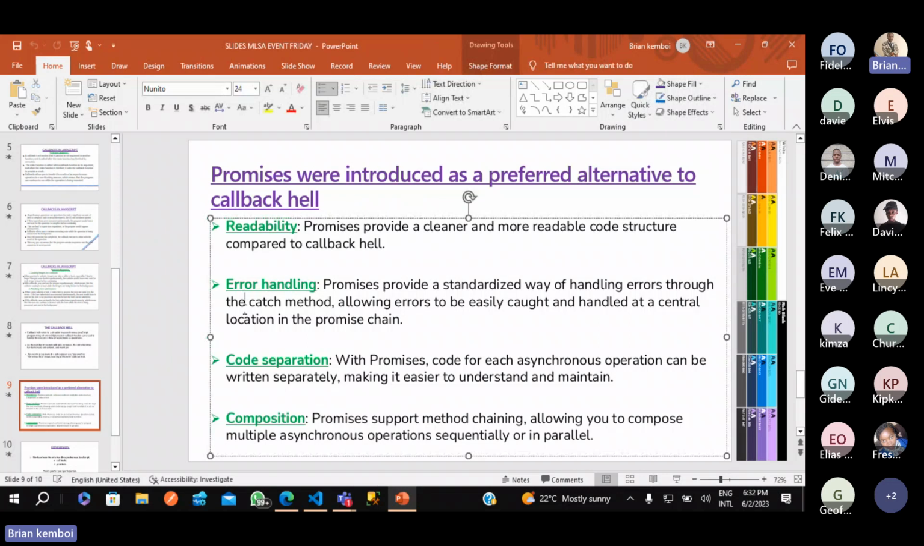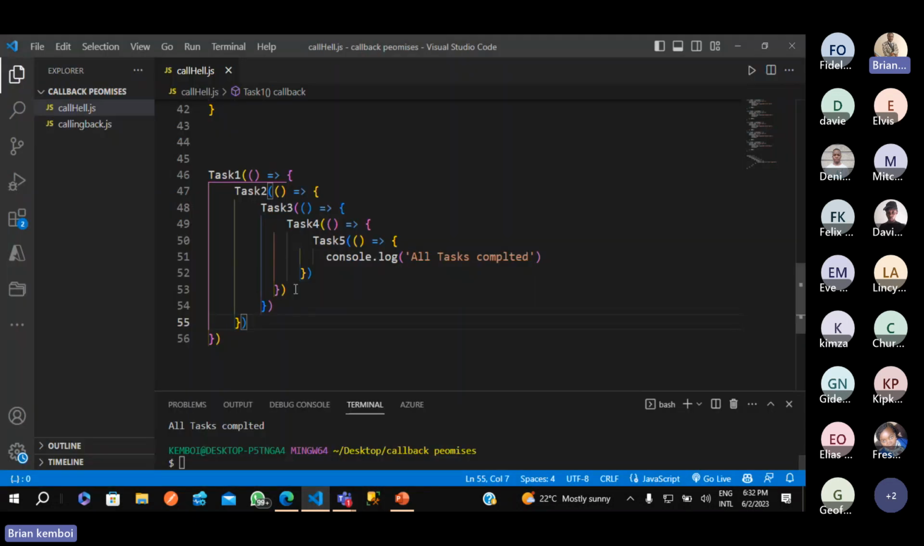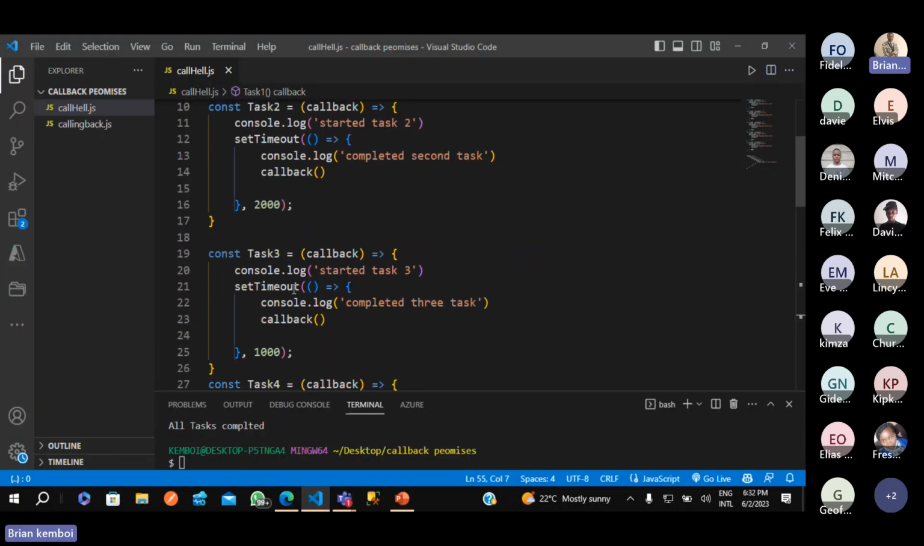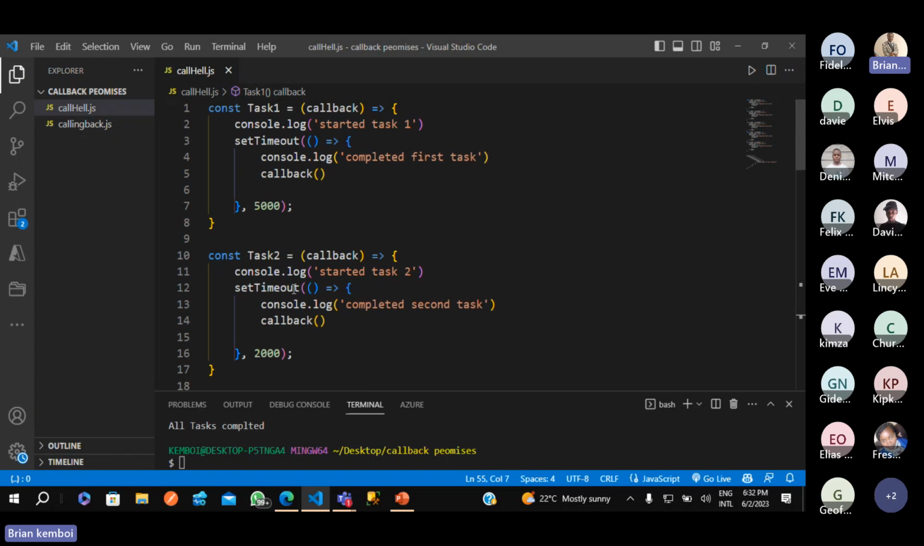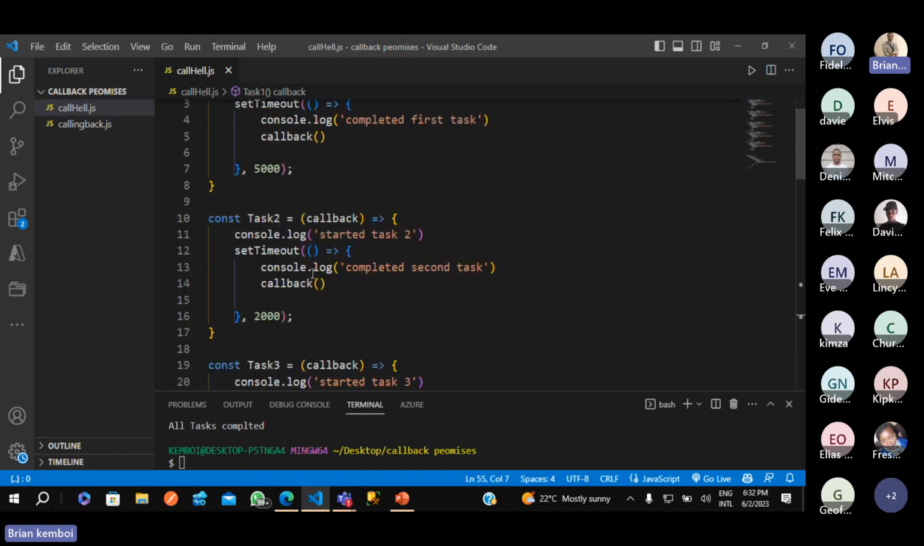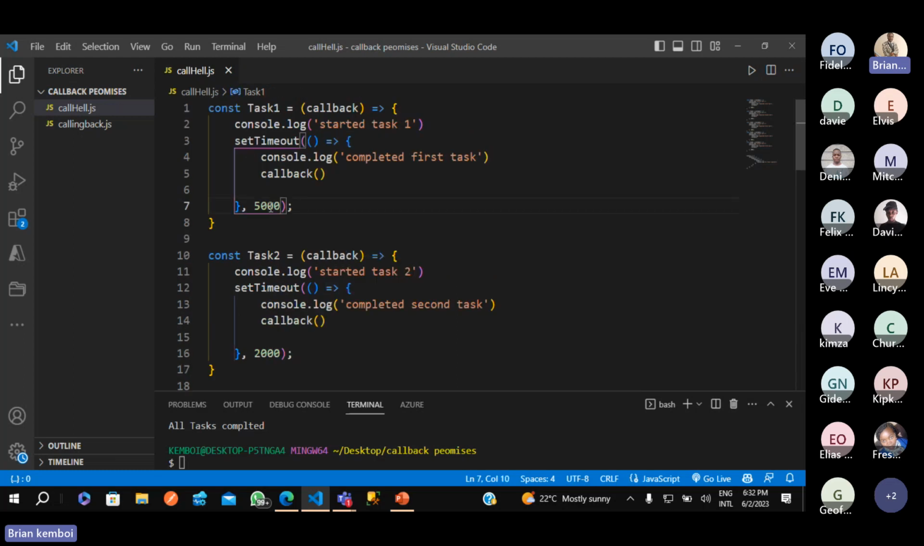When you write a promise, we're also going to handle errors. Let's go back to the code. A promise has a way of handling an error. Let's say, for example, the first task faces an issue. It will break the application. Maybe after 5 seconds, the first task faces an error, so it will not call another function because it was not executed, you see? So that's why